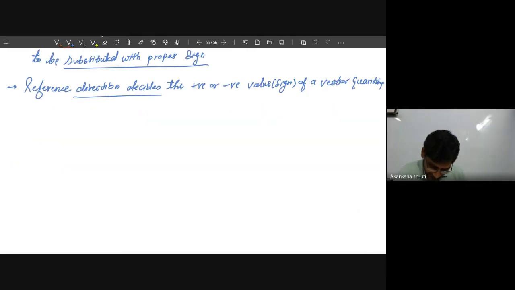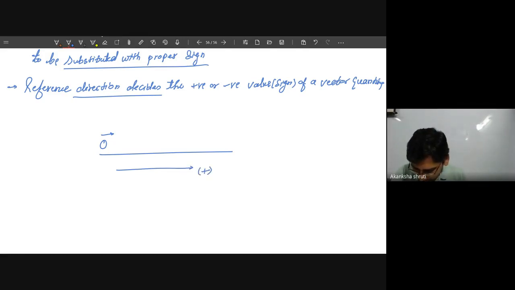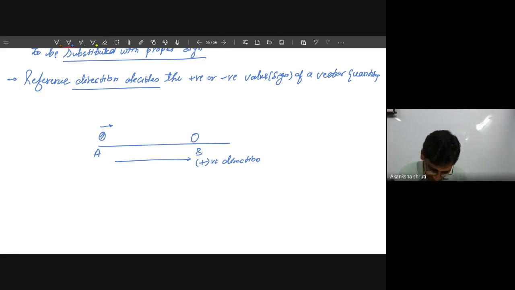Say, if I am saying the body is moving in this direction. Okay, student? So initially I am choosing this direction as the positive direction. So whatever the quantity in this direction, that will be positive. Means if this body starts from A and has reached B, then if I am considering this was the displacement delta x, it will be positive.